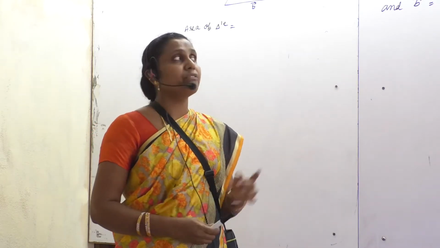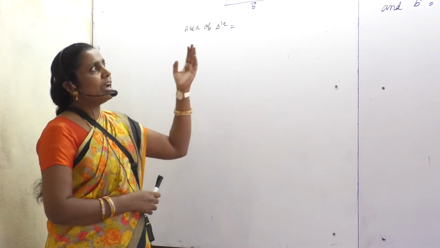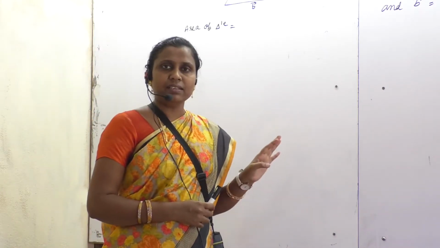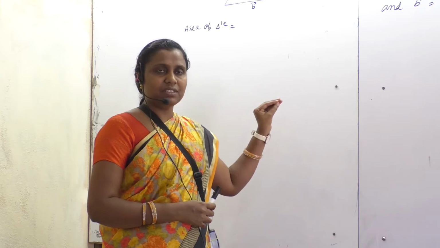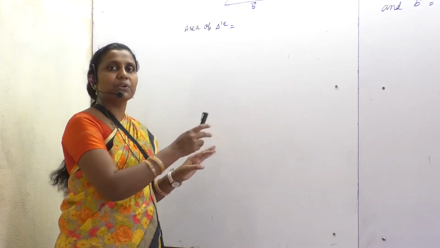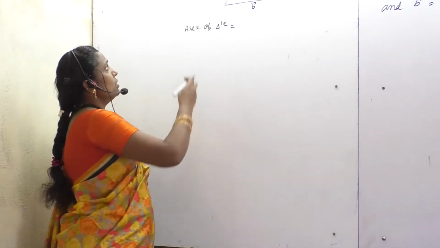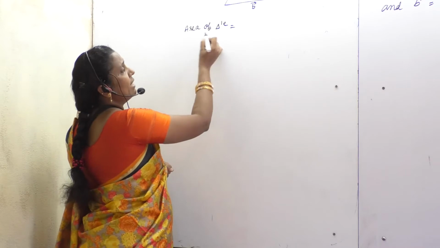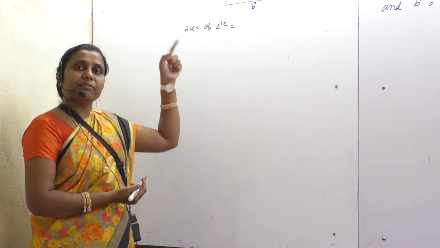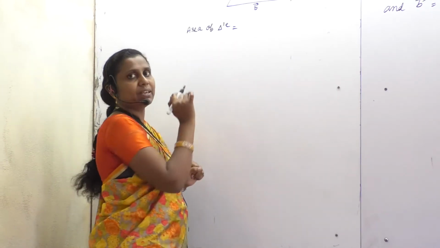Today we will be studying vector algebra. Okay. So the application part of vectors we will study. So this is the continuation. Application of vector, where is it used? That all thing we are going to cover in this session. Okay. So first the application is to find the area of the triangle. There the vector cross product is used. How is it used? That I will make you understand.